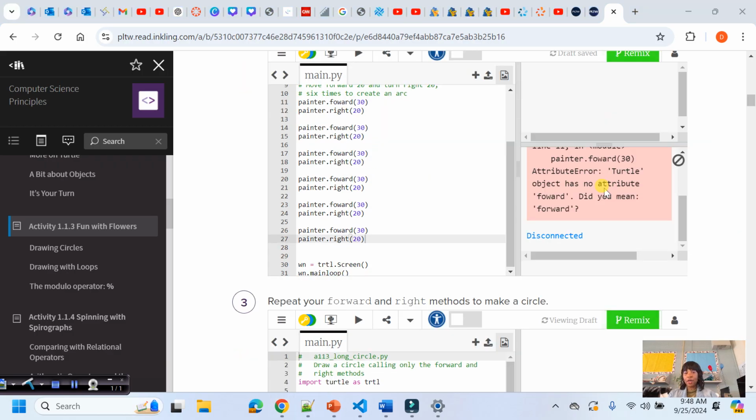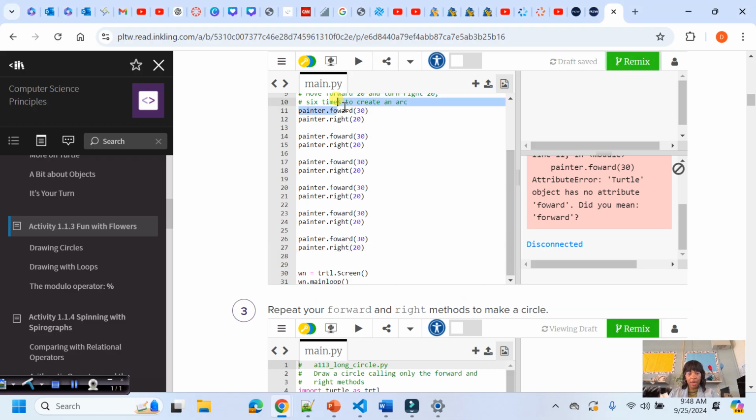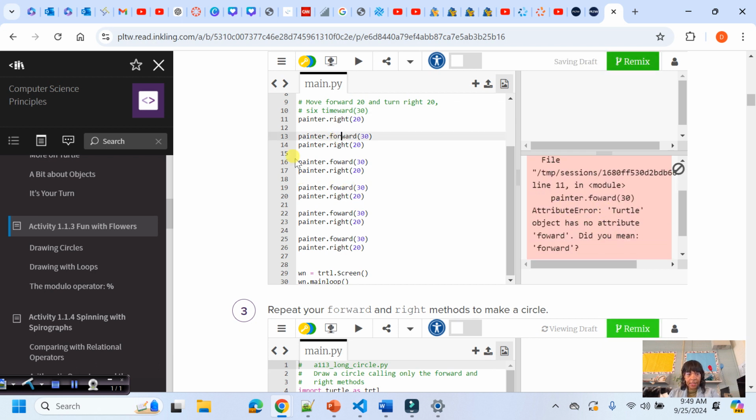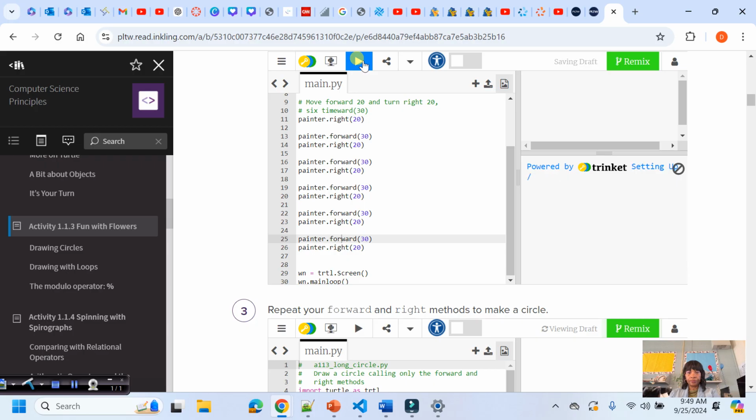It's good that I have an error, and what it's telling you is that you misspelled the word forward. You have to spell the words correctly so that you don't get an error. As you can see here, it says on line 11, painter.forward. Forward, you have to spell it with the R. And then we run it,